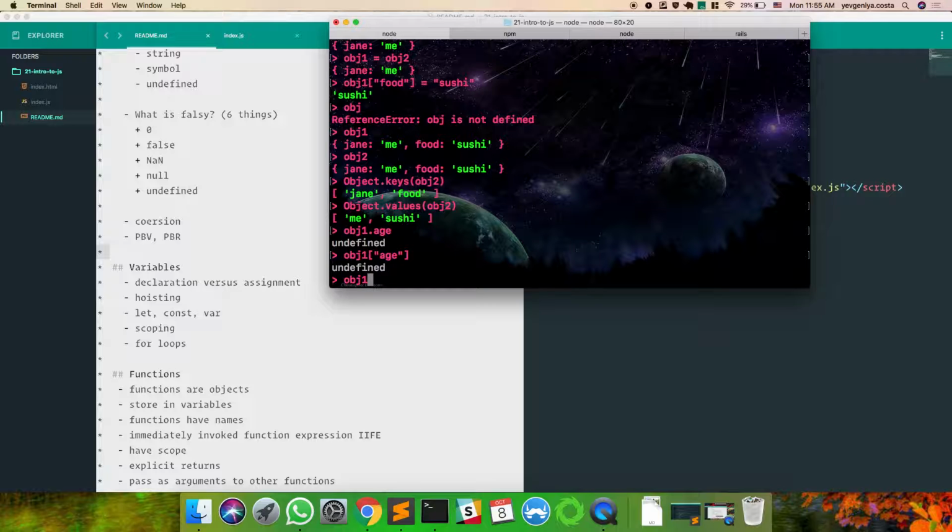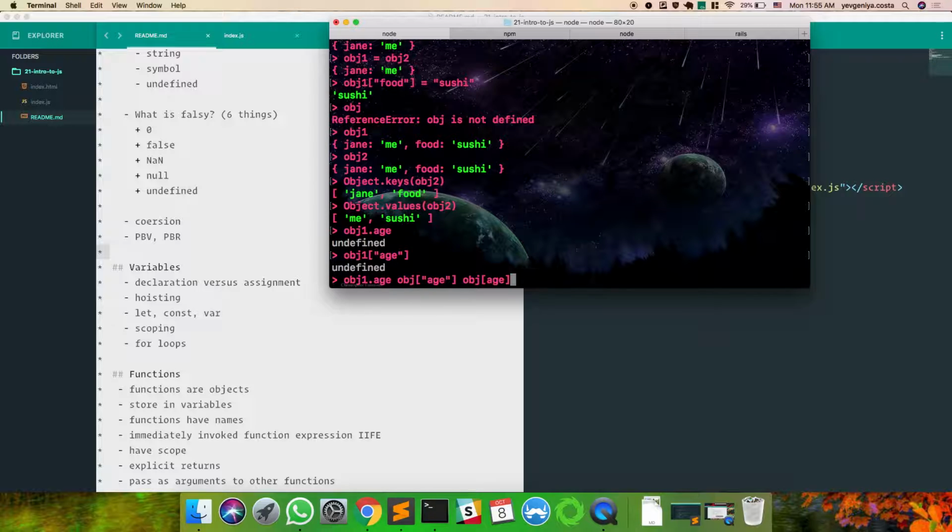So what's the difference between this, this, and this? Ruby?